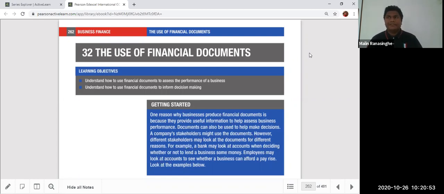A lot of companies are facing challenges. They're asking for bank loans to get over those problems. That's the main thing. But bankers are not willing to give loans, because they know that if they give millions of money to that person or business, the person will not be able to pay it back.